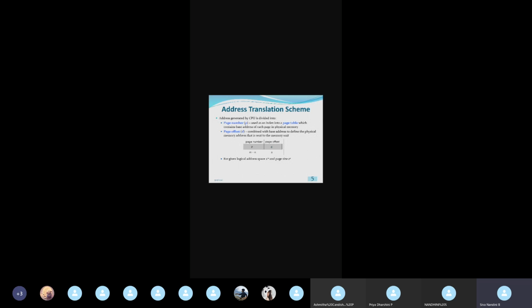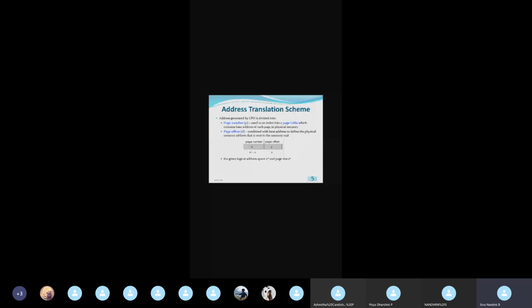So here they are saying the logical address will have the page number as well as the page offset. This page number will be of m minus n bits. Okay. For denoting the page number and this page offset, all these lie in the logical address. Normally the address will be in hexadecimal representation. So this hexadecimal representation can be converted into binary representation. So I am saying in terms of bits. Okay, this page number will be represented in m minus n bits, which means the page offset will be of n bits.